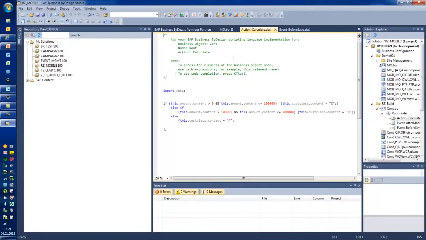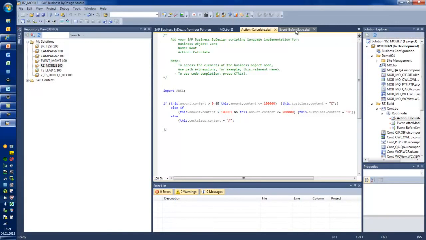Business by Design creates scripts files associated to the business object. So for example, here in this environment, I said, please give me the script file for the standard events, like event before save. So before the system saves, it gives me back the control so that I can check the